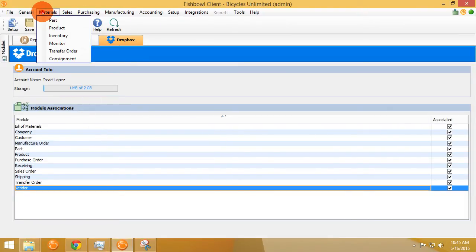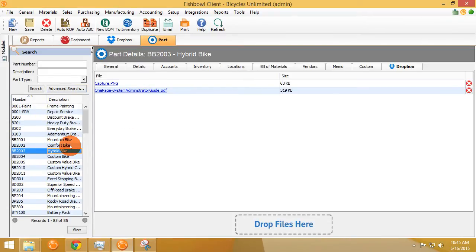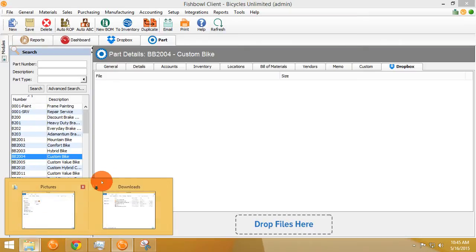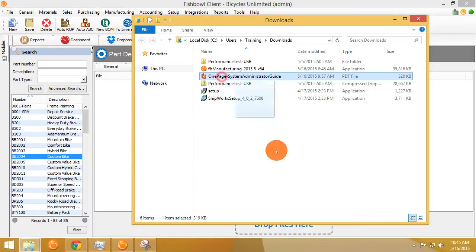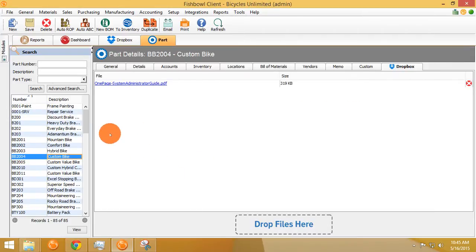We're going to drop over to our part module. We're going to open the hybrid bike, and you see that I already have some files here. I'm going to switch over to another part and show you how documents get loaded into Fishbowl Inventory. I'm going to pop over to my download folder, drag a file over, and